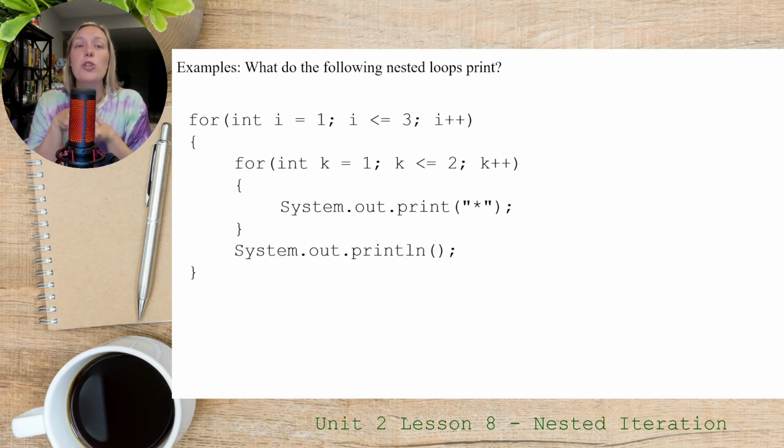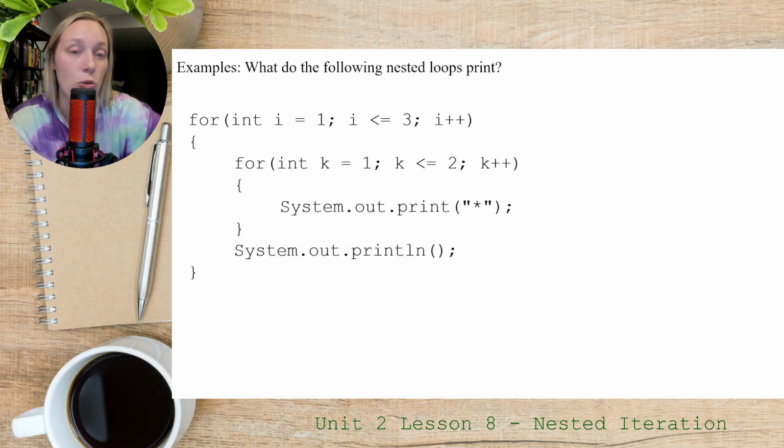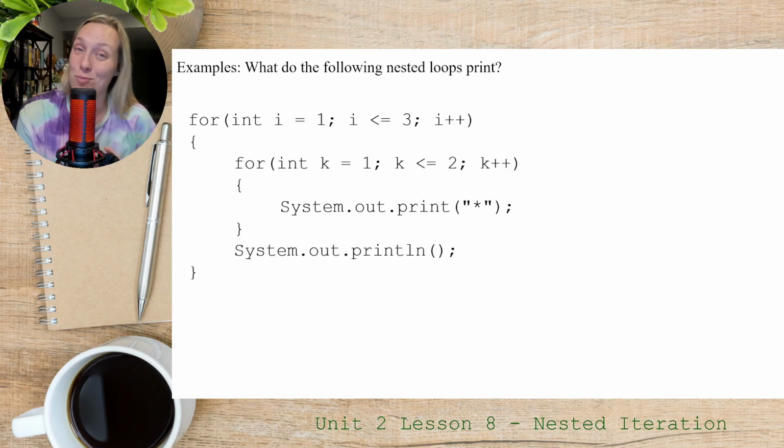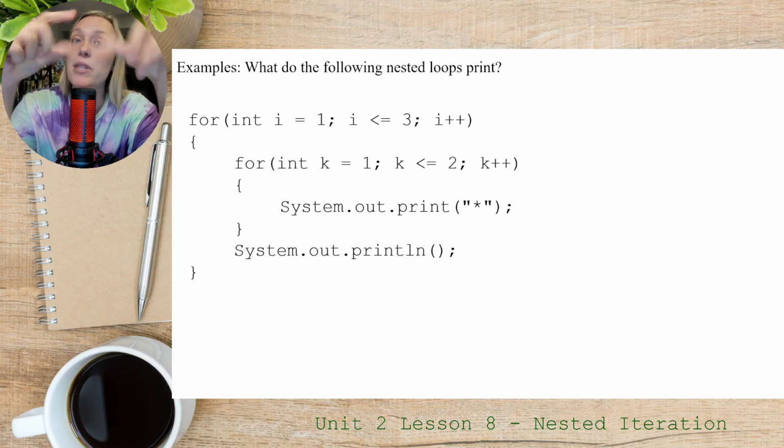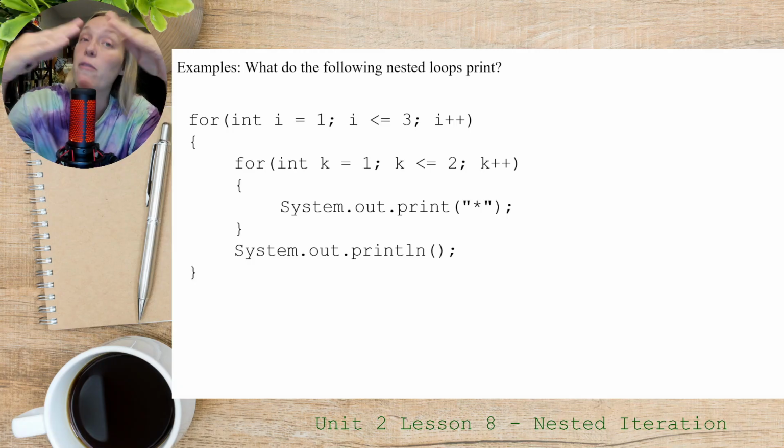They want to know, what do the following nested loops print? This is a very common AP question where it wants to know basically what's the pattern that's printed. Normally on the AP exam, you're given choices: is it A, B, C, or D? Which pattern is printed as a result? Because we know for every one iteration of the outer loop, the inner loop completes a full cycle,